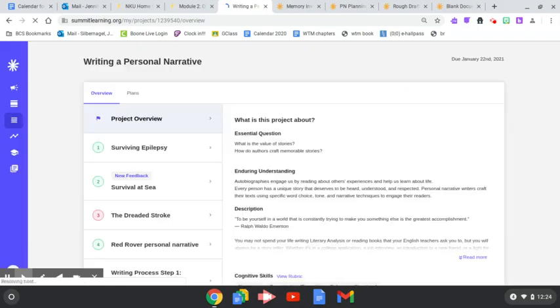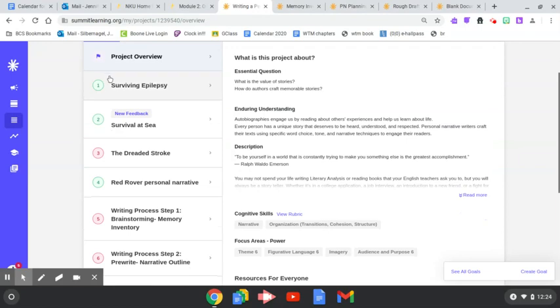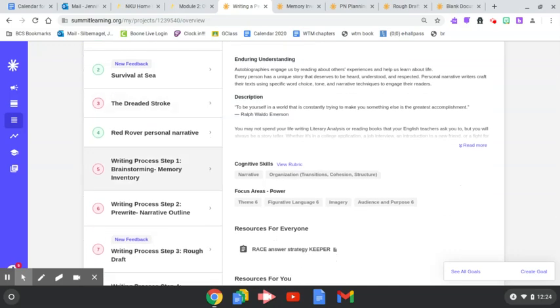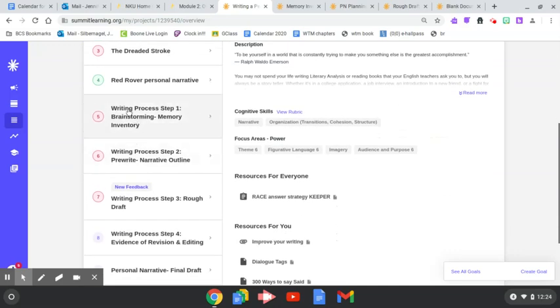Okay, now you're going to see the list of checkpoints that you have. And some of us are missing some, like this person is missing the dreaded stroke. You need to focus on that for homework. While we are in class time, it is incredibly important that we focus on these writing process steps. These things are really going to help us with our final project. So honestly, the most important thing for us to work on while we are in class with me is the